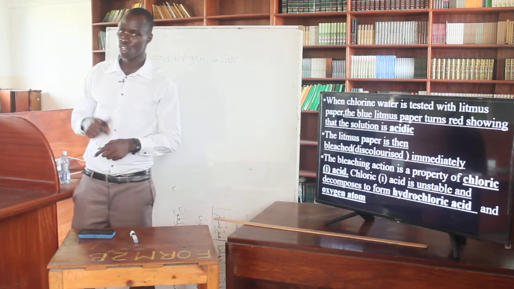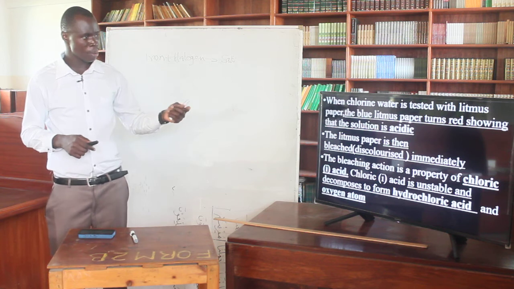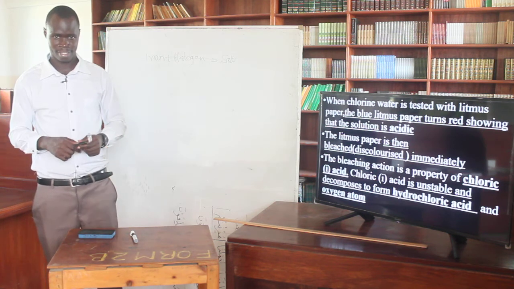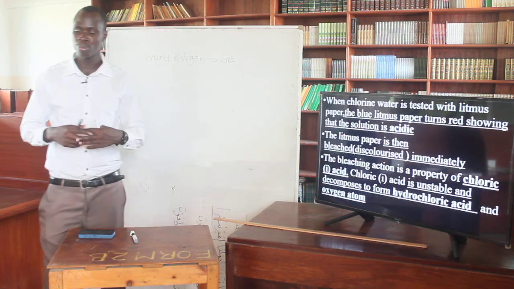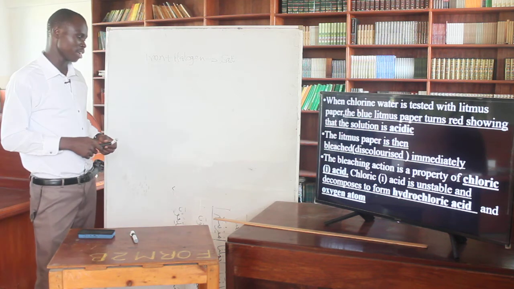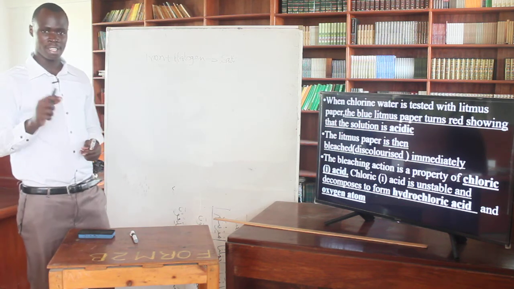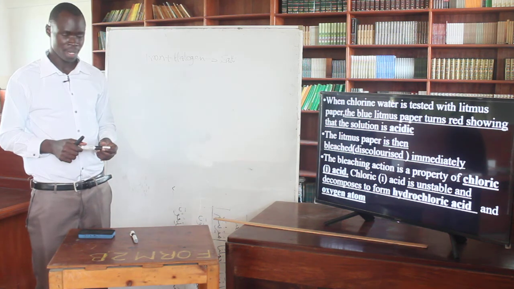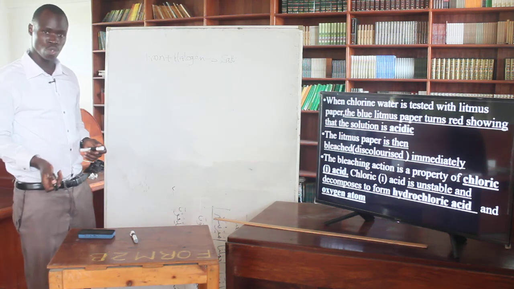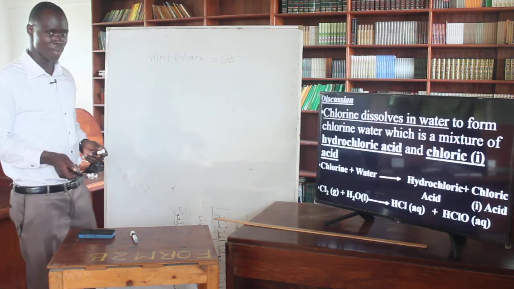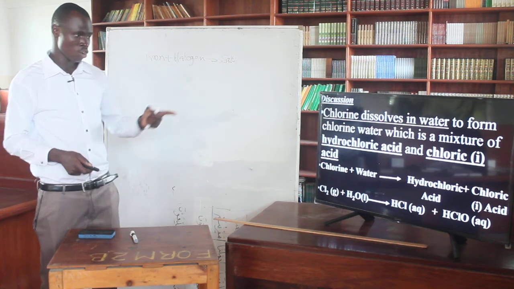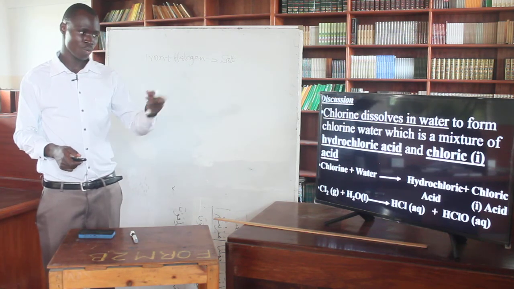After that, the blue litmus paper is going to be discolored. In other words, it is bleached and turns white, and this happens immediately. The bleaching action is due to the presence of chloric(I) acid,